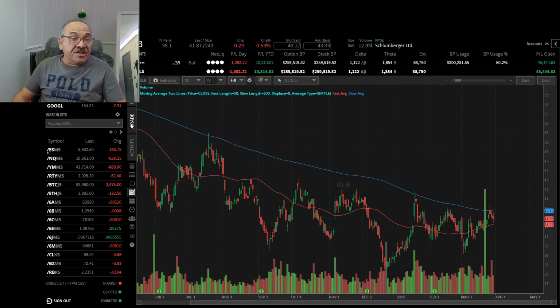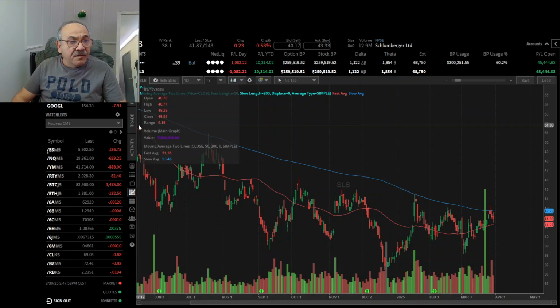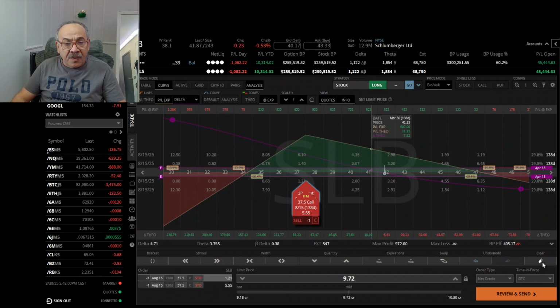So this is how I like to set up a long-term base position structure or layer, whatever you would like to name it. And if we go to shorter term,